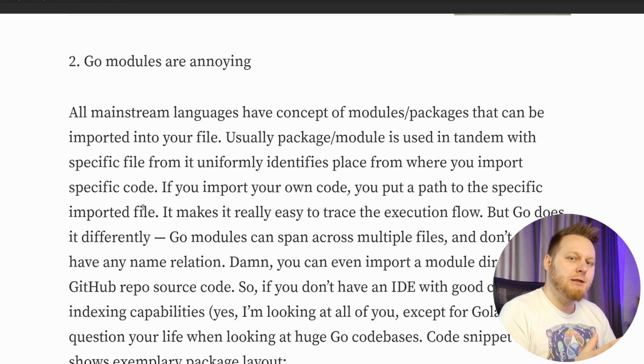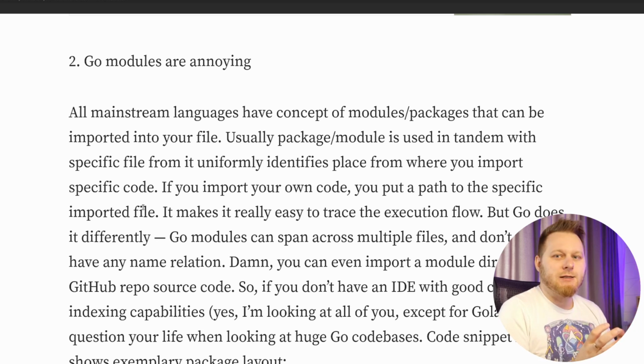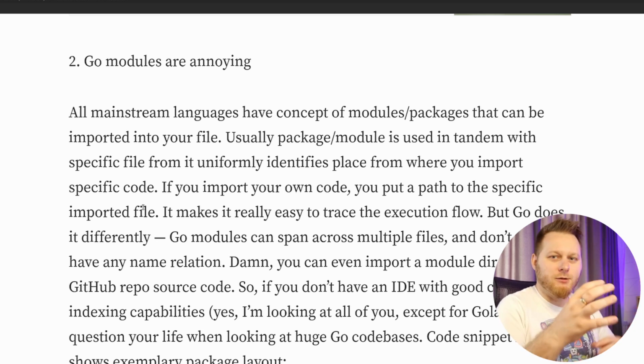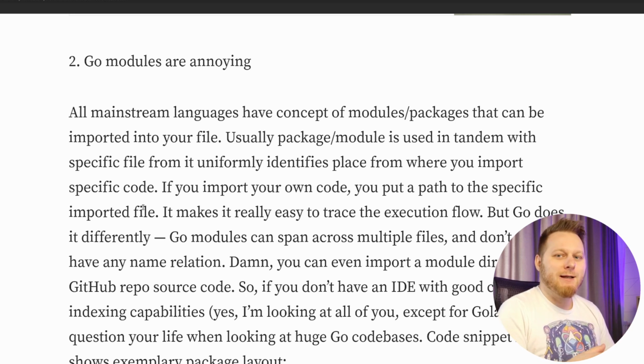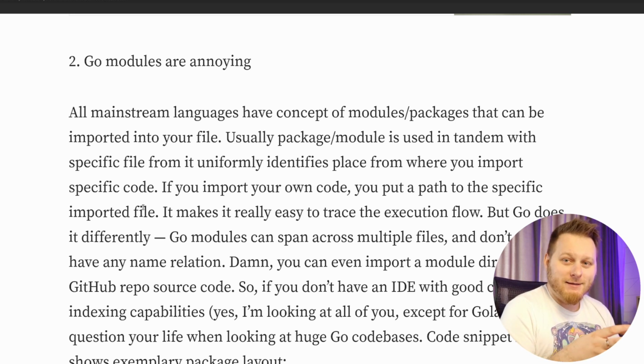So in case of Solidity, if you want to define a smart contract called, for example, payment, this payment is contained in a single file. You cannot have payment scattered across multiple files and then it being referenced by the name of it, but